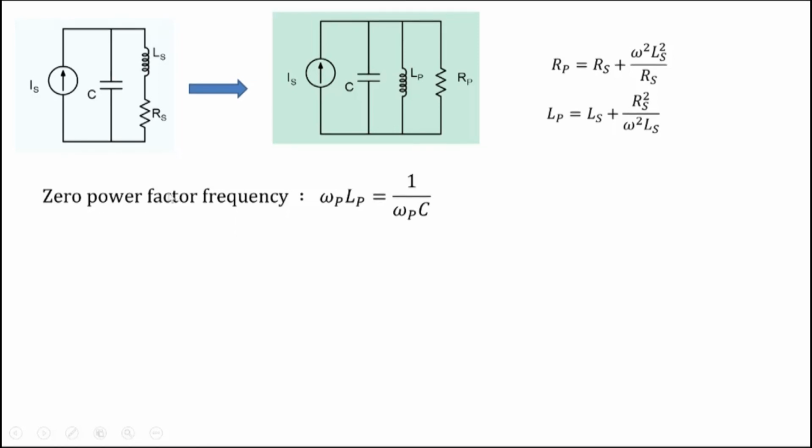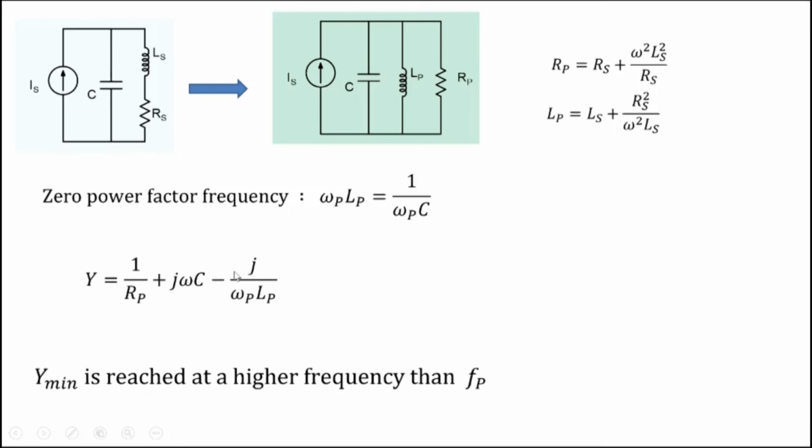Zero phase difference or unity power factor frequency will be omega PLP is 1 over omega PC here. Now the issue is that yes, zero power factor occurs, or zero phase difference and unity power factor occurs when the two of them cancel each other here, right? The omega PLP is 1 over omega PC here, but this is not the frequency at which Y is minimum,